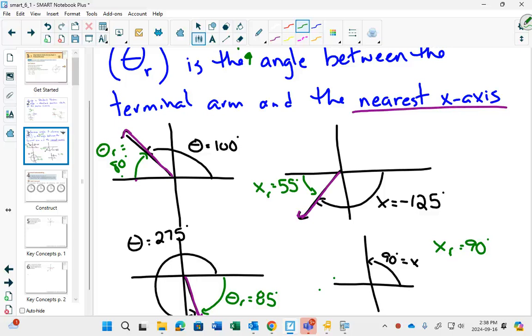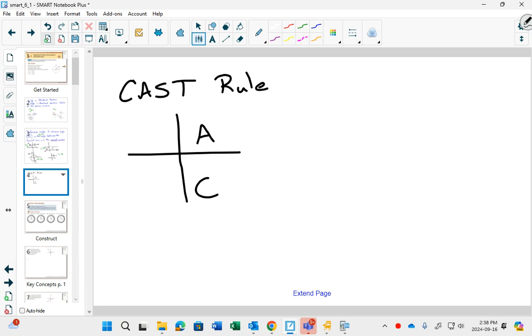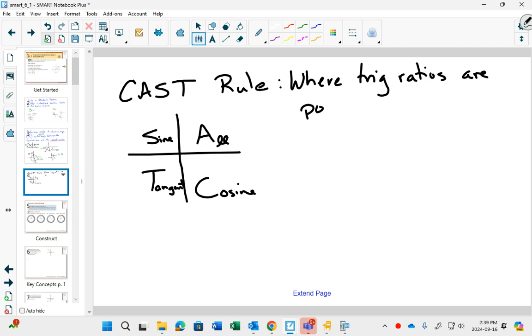And why is the reference angle so important? I'm going to review what the reference angle does and also review something from grade 11 called the CAST rule. It's just C for C, A for A, S for S, T for T. A stands for all, S for sine, T for tangent, and C for cosine. What the CAST rule tells you is where trig ratios are positive. So for example, if I take sine of 30 degrees,